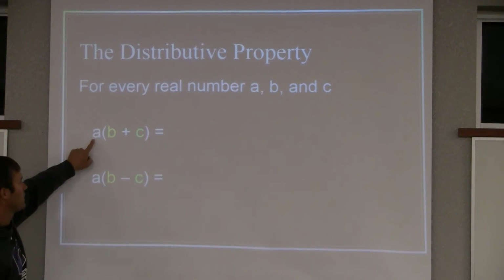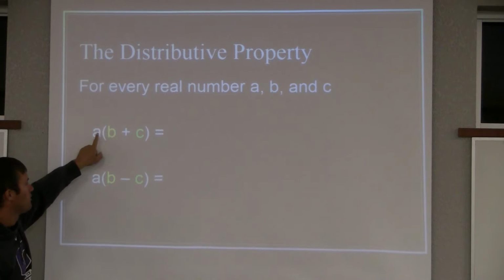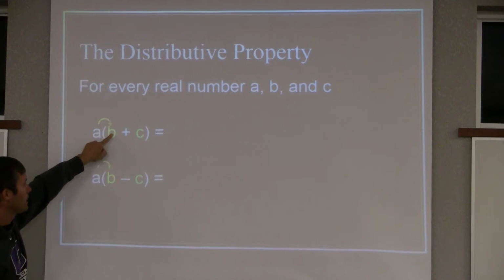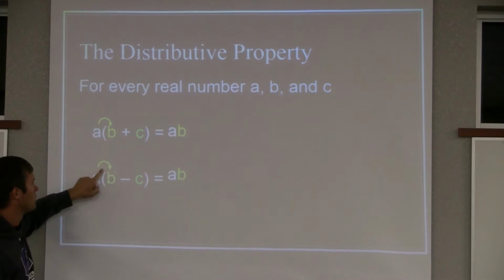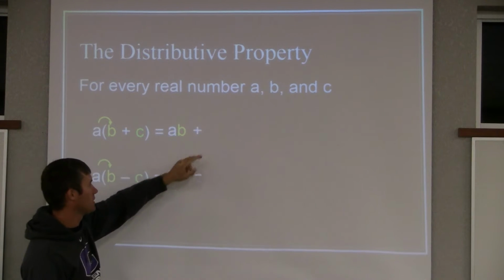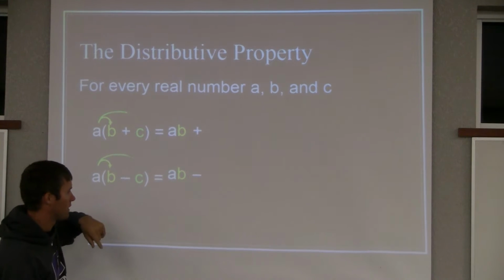What it means is, if I have a number on the outside of parentheses, I multiply that number by what's on the inside. So I go A times B, and then A times C. A times B is just AB. A times C would be AC. Doesn't matter what the sign is, the sign will still stay the same,